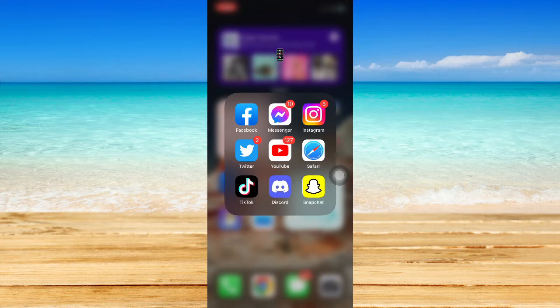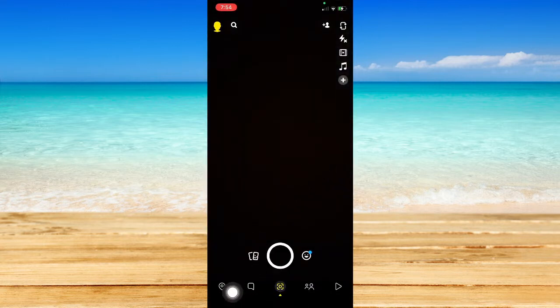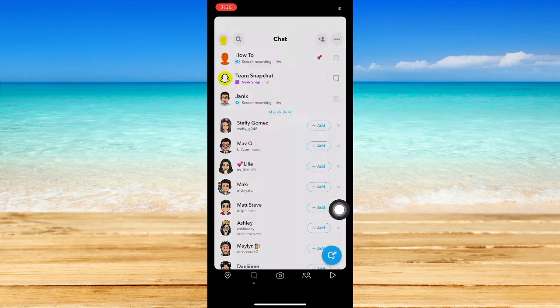The very first step that I would suggest is to make sure that your Snapchat app is up to date. If not, please go to the App Store or the Google Play Store and update your Snapchat app. Once you have done that, you just simply open Snapchat and then go to the chat section right here. So go to that chat section and click on this compose button found on the lower right corner of the